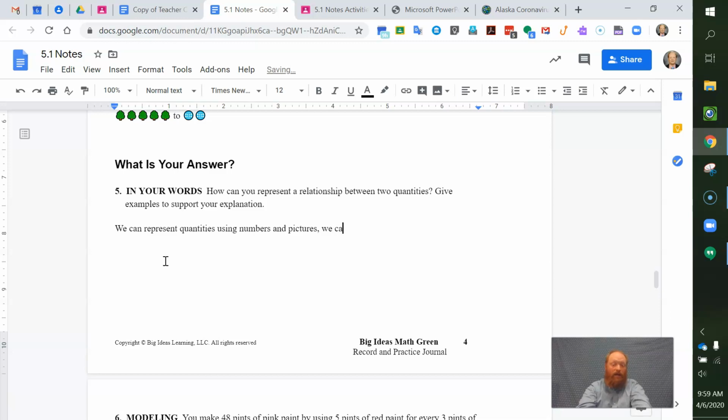We can also use words like to, or shapes, or I'm going to say punctuation, like colons, and we can use fractions like